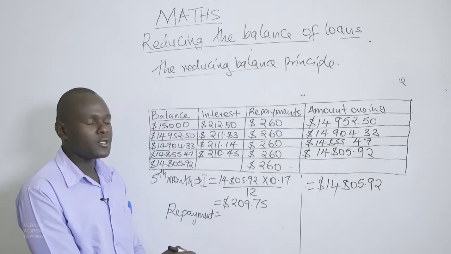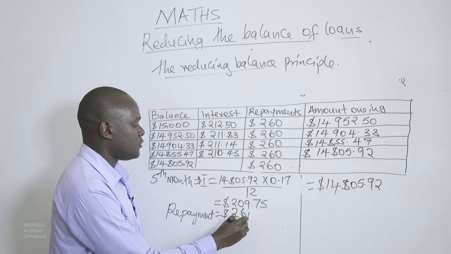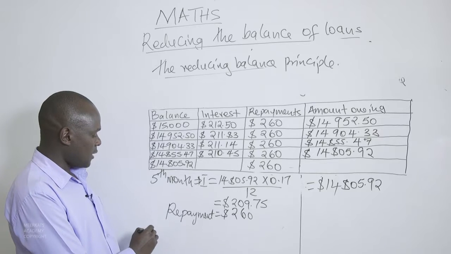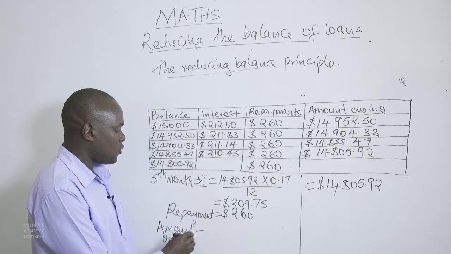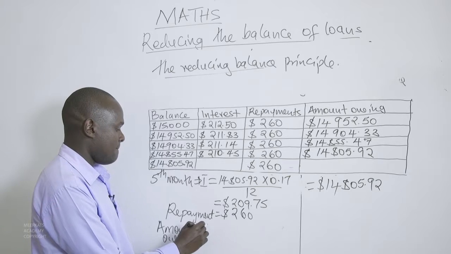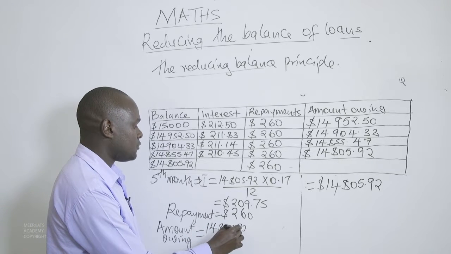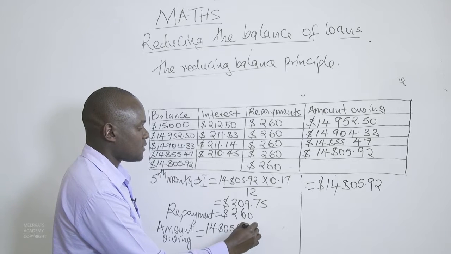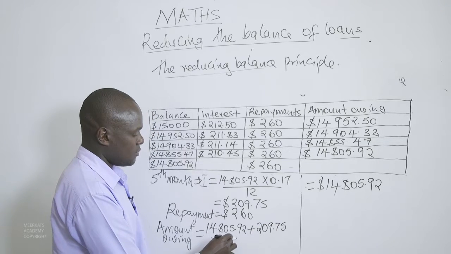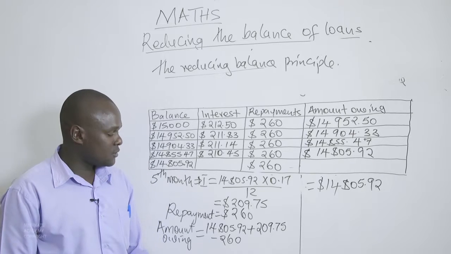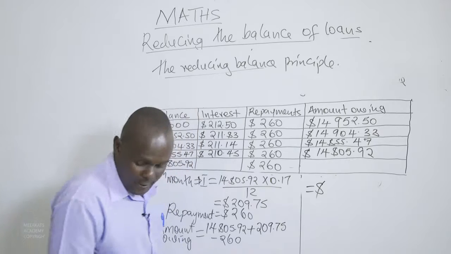We also have repayments during the 5th month, which are still at $260, so that we can calculate our amount owing. The amount owing is the sum of the balance, 14,805.92. We add on the interest that we have just calculated, which is 209.75. Then we subtract the repayment, which is 260, and this will give us the amount owing to the tune of